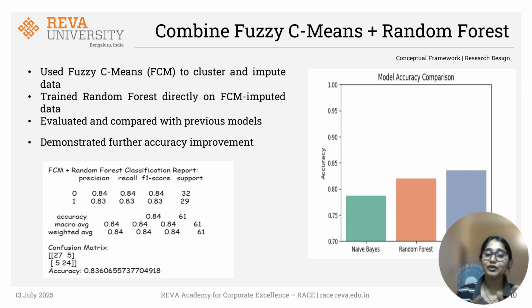Finally, we conclude that this AI-powered system provides a smarter and more transparent way to predict heart disease, which can truly support doctors in their decision-making process. By combining the strengths of a genetic algorithm, a random forest, and fuzzy logic, we achieve a good balance of accuracy and interpretability.